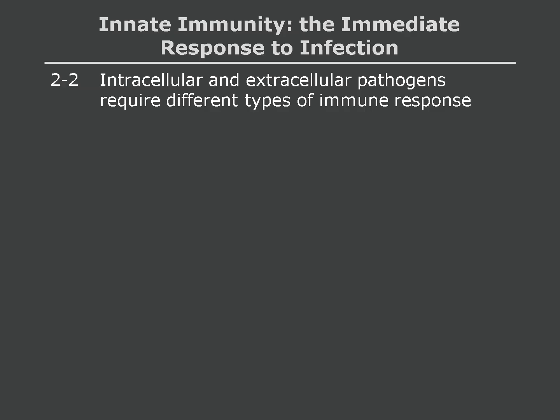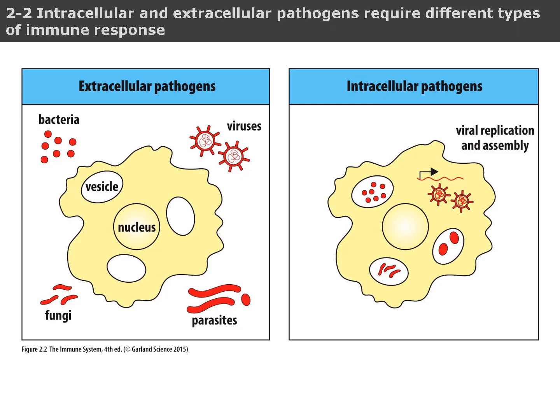Intracellular and extracellular pathogens require different types of immune response. Our immune system tailors its response depending on where a pathogen is located, outside or inside our cells. On the left, we see extracellular pathogens, which exist outside host cells. These include bacteria, fungi, parasites, and some viruses before they enter cells. The immune system uses mechanisms like antibodies, phagocytes, and complement proteins to detect and eliminate these threats in the extracellular